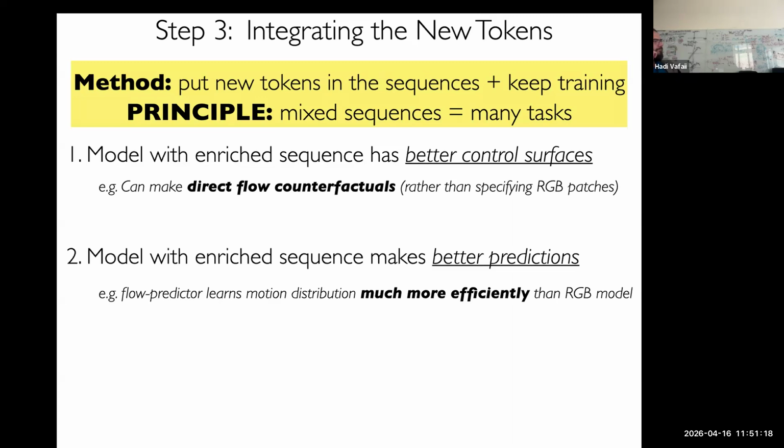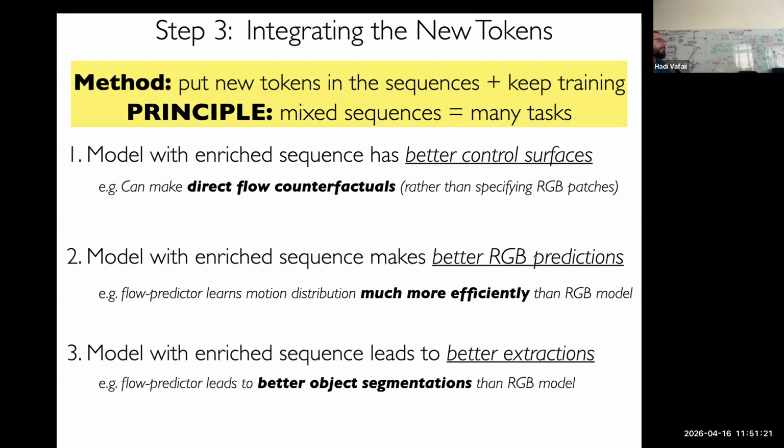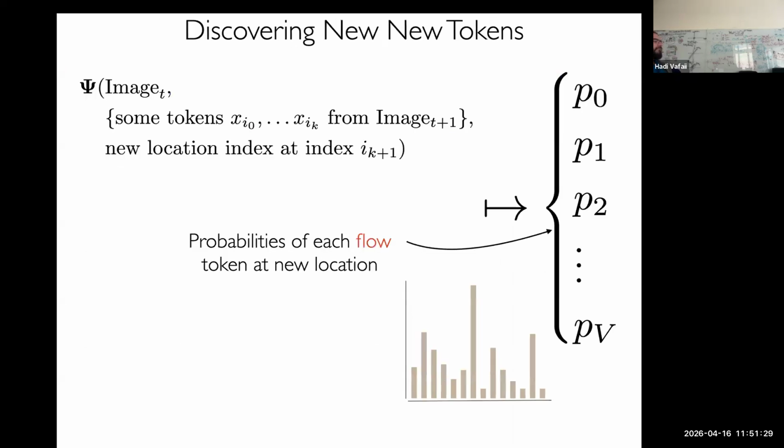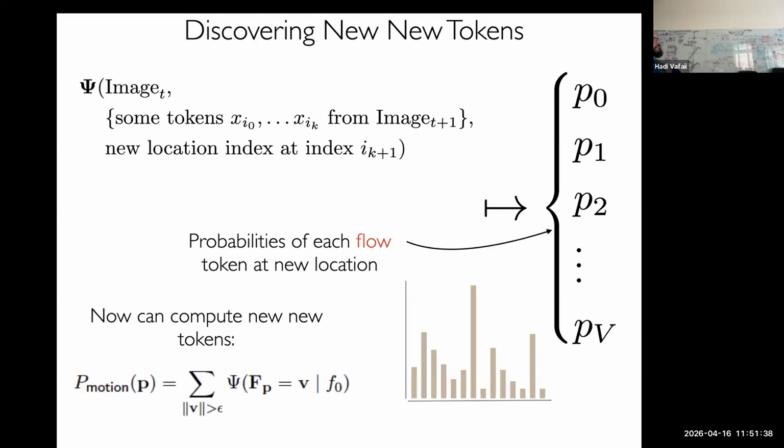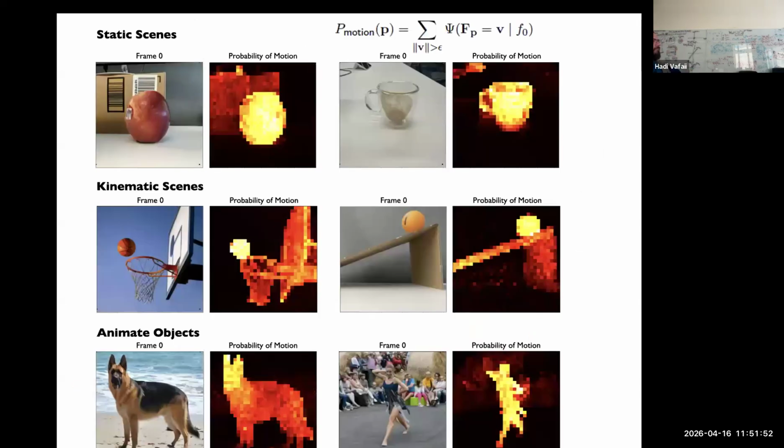Okay. It also makes the sequence make better predictions because you learn more efficiently. And finally, the enriched sequences lead to better extractions. So basically, there's a cycle here: as you have new things, you can extract new things and other things better. So instead of describing only probabilities of RGB, I'm going to tell you probabilities of motion, right? And I can construct new things, like for example, the probability of motion. You couldn't do that in the pure RGB model, because what would you compute the probability of? The pixel patch? I mean, you could do that, but it wouldn't be anything useful. Whereas here, you can actually compute the probability of motion, and that tells you in a very fast parallel way, if I look at a scene, what can move and what is likely to move and why.